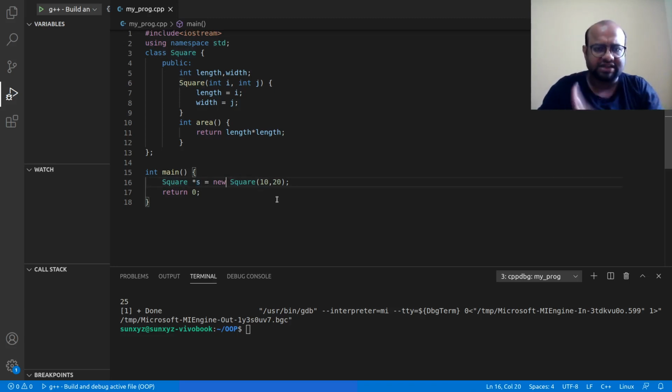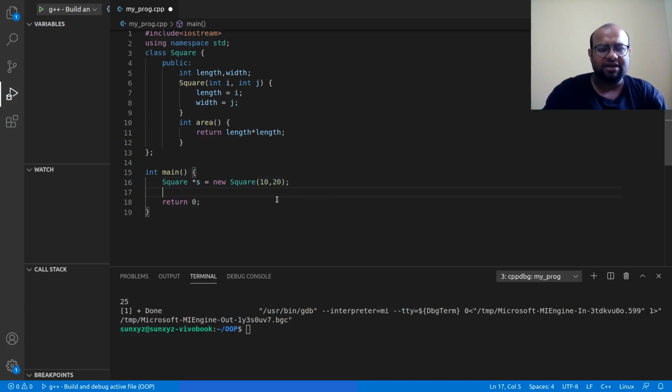Now I already just said that this keyword new will allocate memory in heap, and it will return a pointer to that memory. Like malloc returned a pointer to this memory. If you created an integer or a number of integers, hence creating a list or array of integers in heap memory, then malloc would have returned the pointer to the first byte. Here also in the same way, new will return the pointer to the first byte of the object. All right, so new is returning a pointer, to be noted.